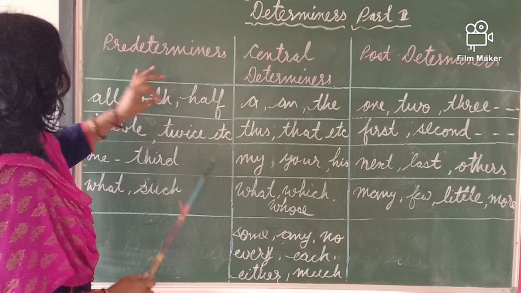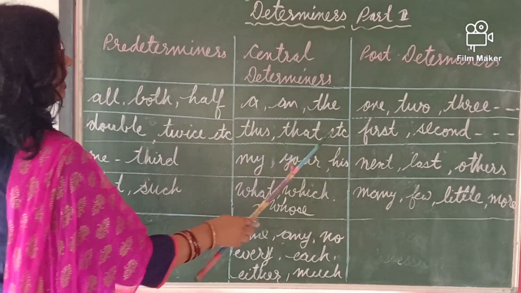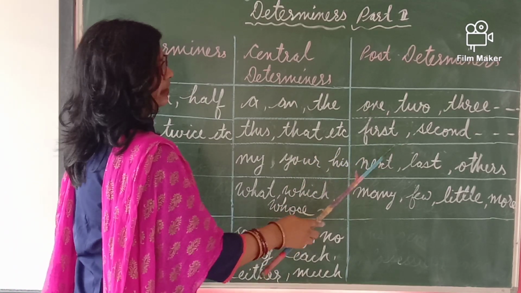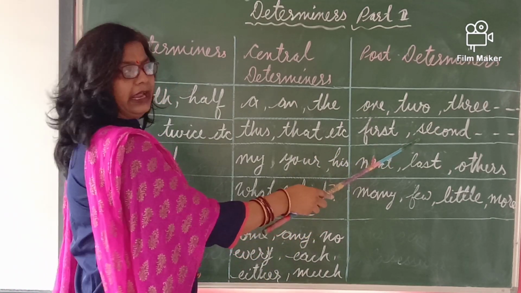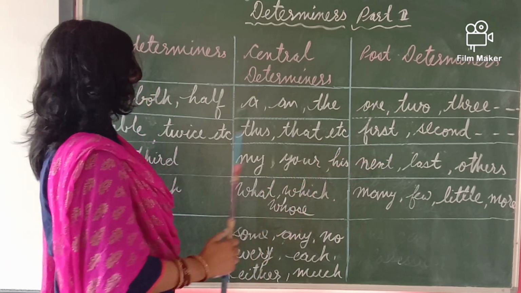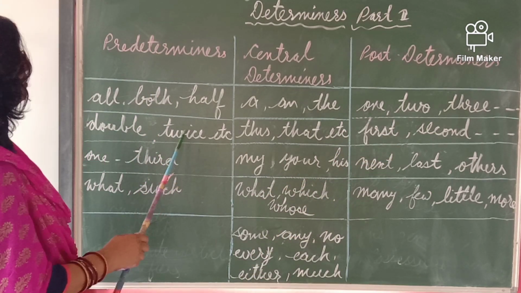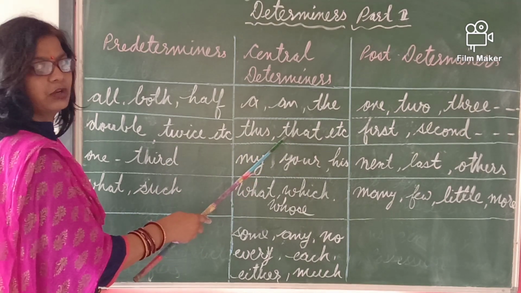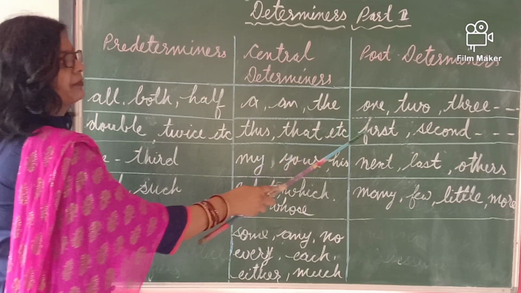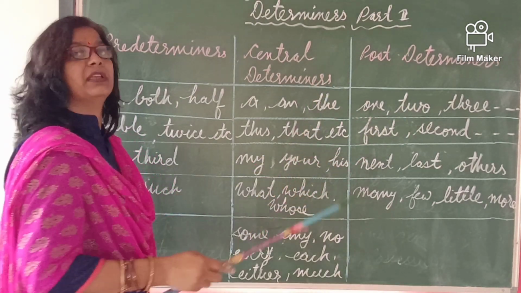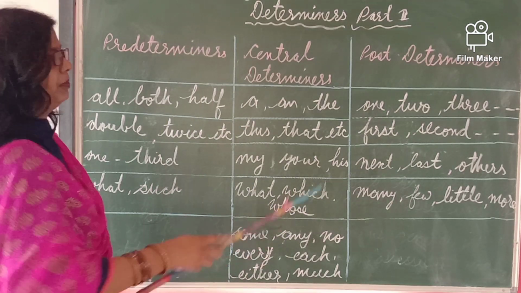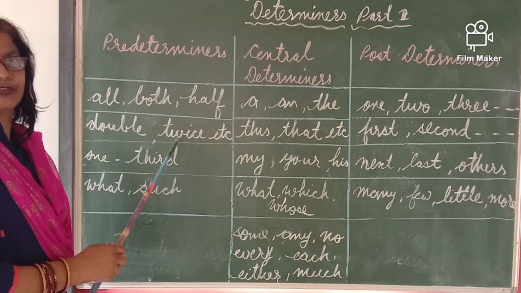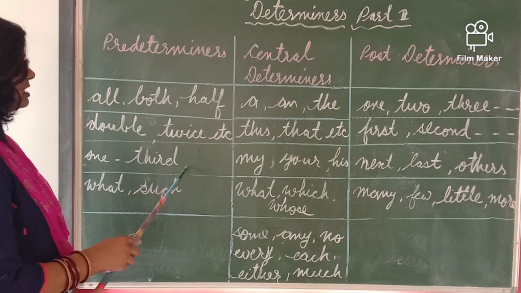This is also the numbers, numerals, this, that, these and those. These are demonstratives. First, second. These are also called the post determiners and the quantifiers, numerals. So double and twice will be in the predeterminer category. This, that, these, those. The demonstrative determiners will be in central determiners. First, second, third, fourth, fifth, sixth, meaning infinite numbers, will be under post determiners.